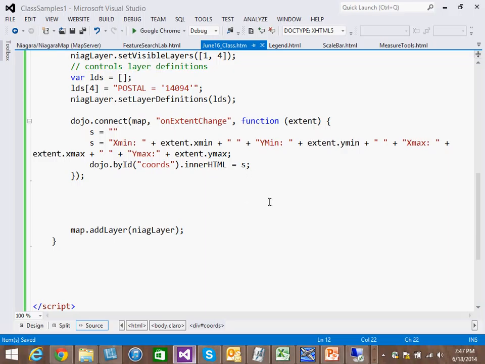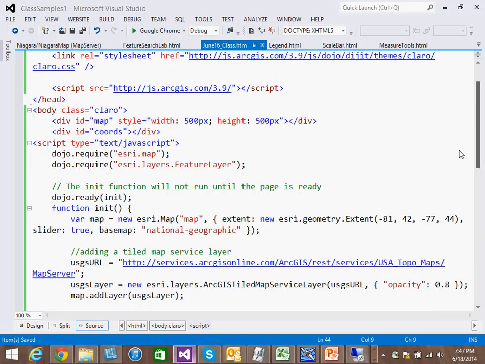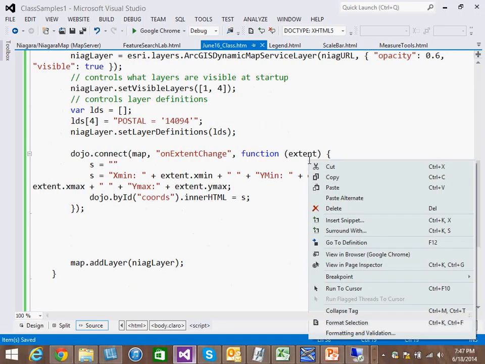So you can grab a div using this tag using dojo byId, and there's a property called innerHTML. With this, I mean, we're just doing text, not HTML, but you can force new HTML content into a div with this innerHTML. So it could be more robust than this. You could write a table in there, images, a link, or anything using this innerHTML command. So I think I've written the script to do that, and I added the coords div tag to the HTML content. Let's